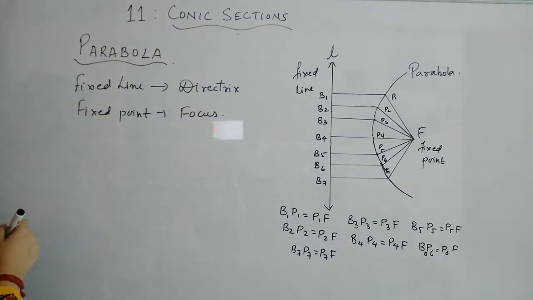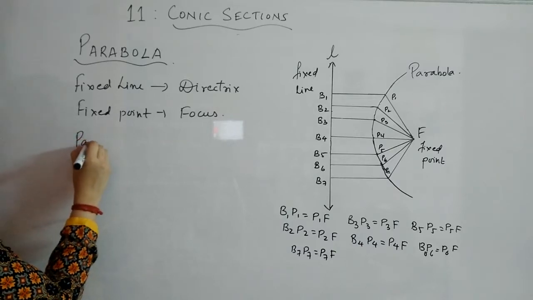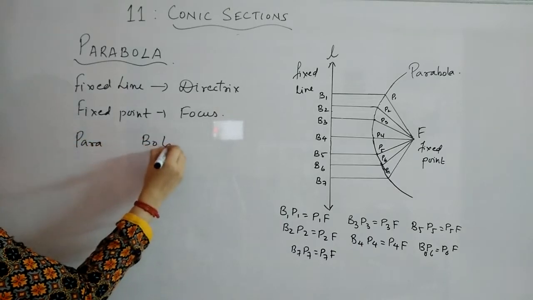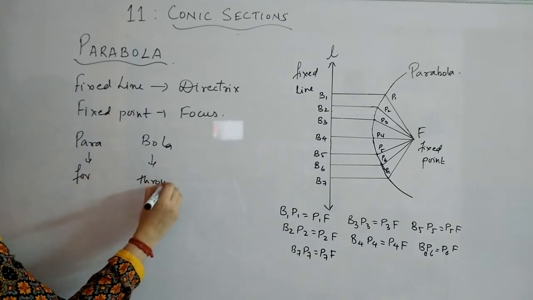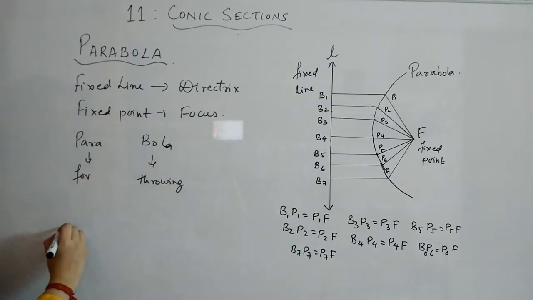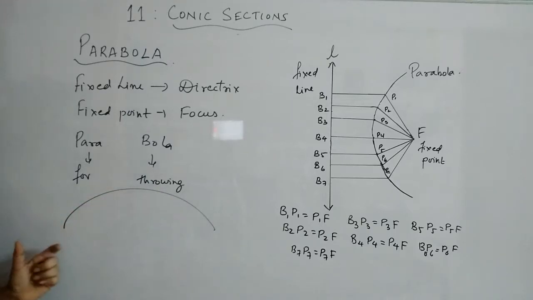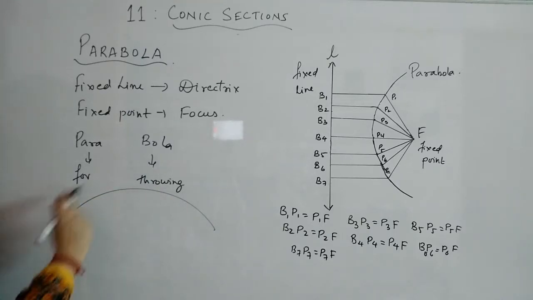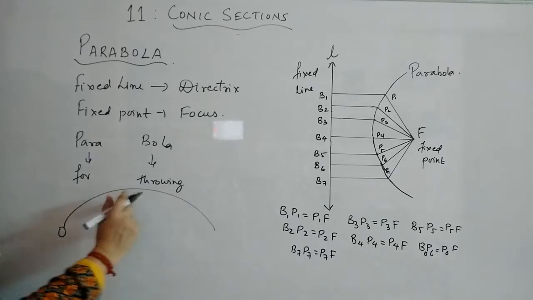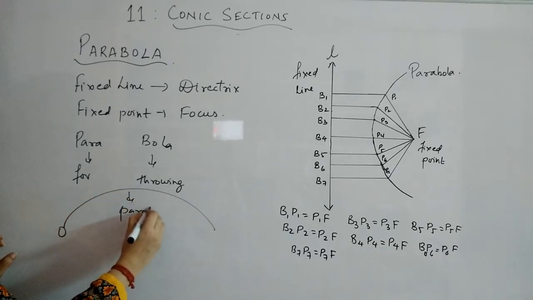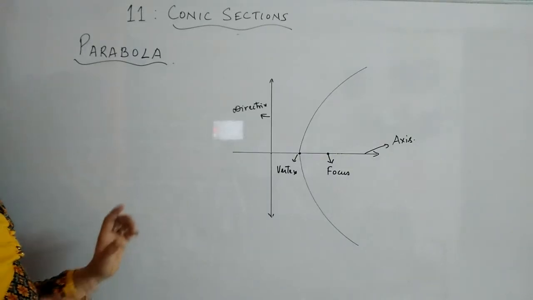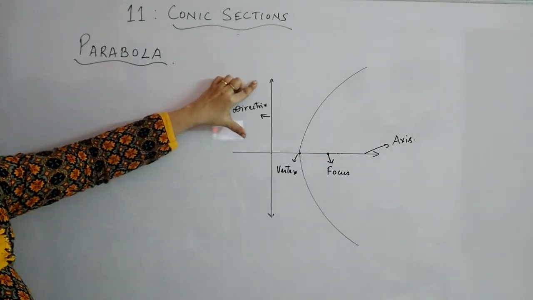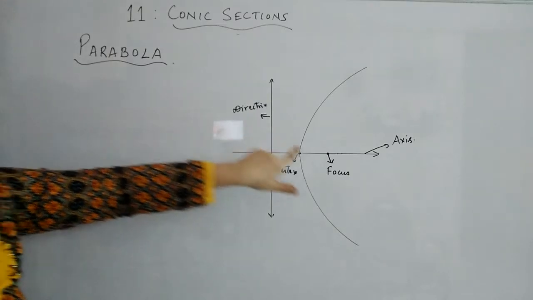Now the word parabola has been split into two, that is para and bola. Para means for and bola means throwing. That means when a ball is thrown in the air, the shape which is formed is called a parabola. So as discussed earlier, this is the fixed line which is called the directrix,